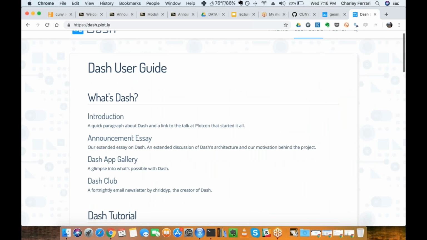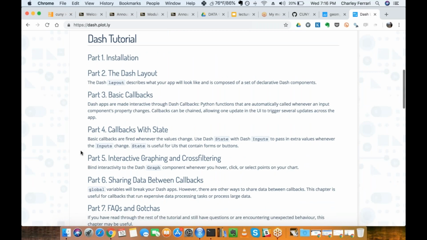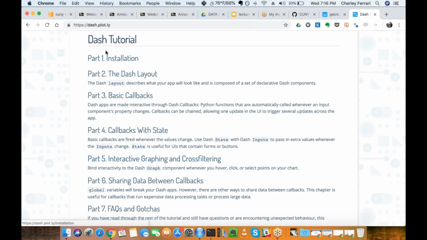Dash is still relatively new, so there's not really an O'Reilly book on Dash yet, but this documentation is really good as a tutorial, and I would recommend students at their leisure just start going through these parts and begin building toy Dash apps and just build yourself up from there to really get a handle as to how to use something like Dash.